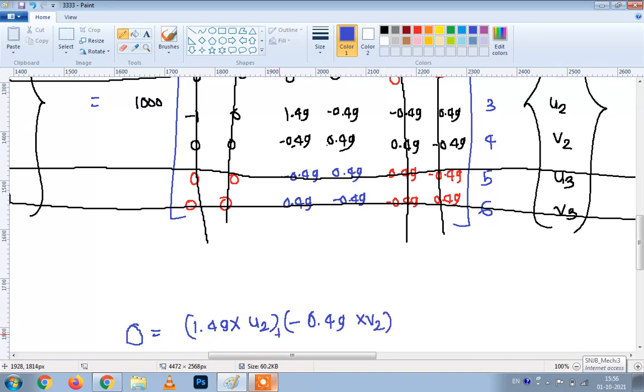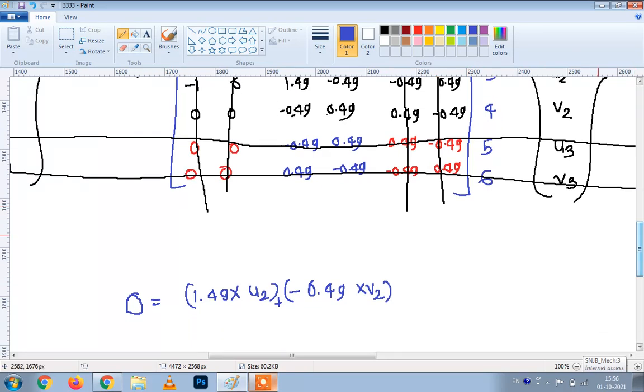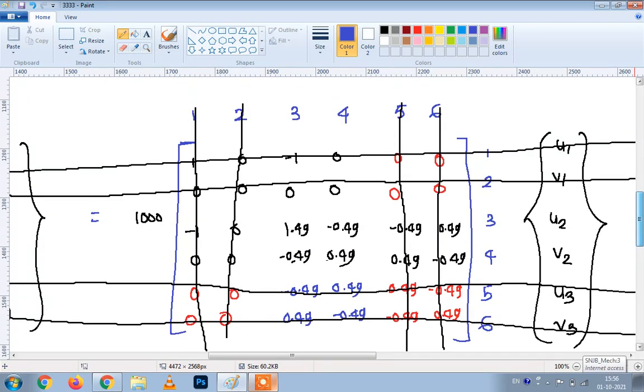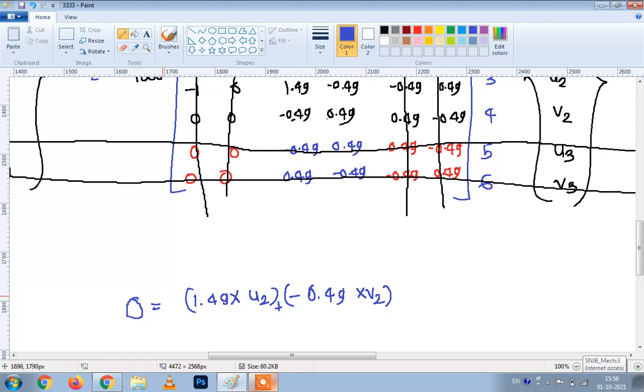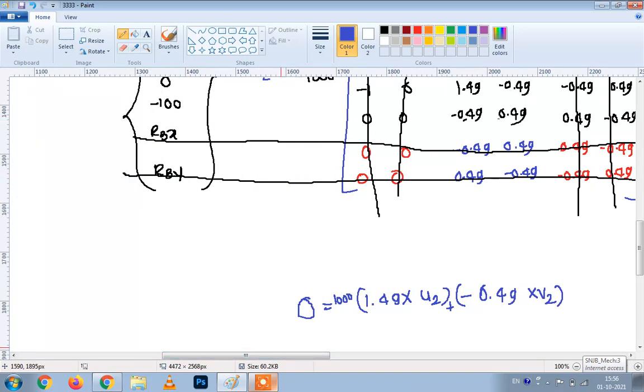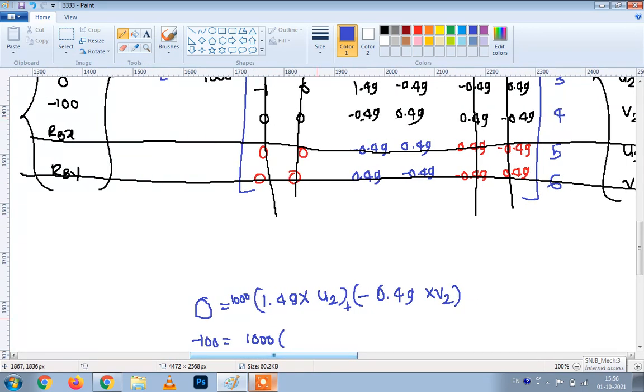So here is plus, and outside that bracket we have considered it as 1000. Similarly for second, minus 100 is equal to this 1000, and minus